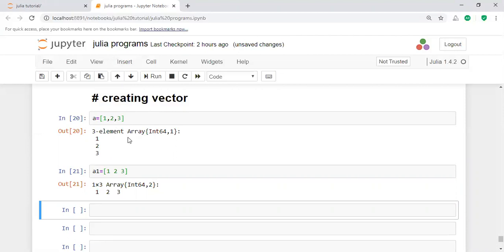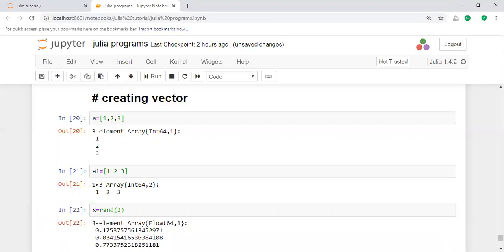If you want to create some random values, you will use different functions for the arrays, the random vector. Let us take a simple example, x equal to rand 3. What it displays here is three random values.